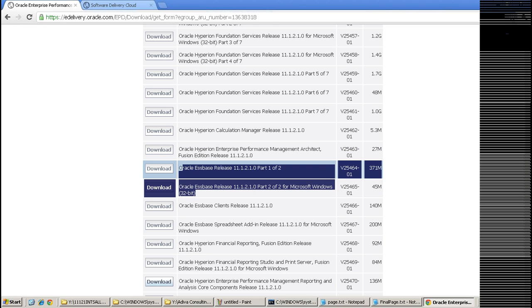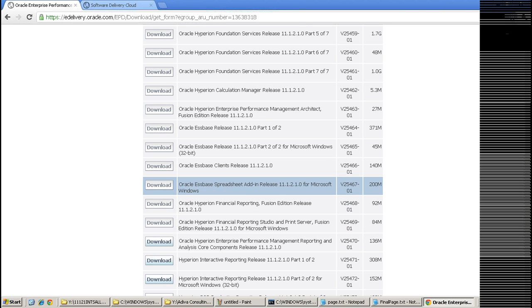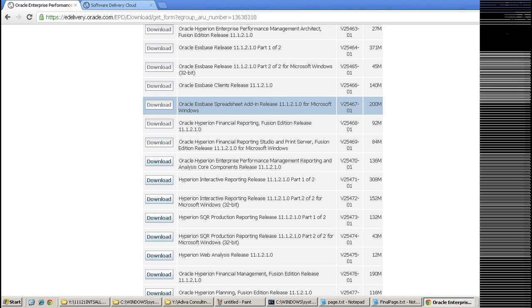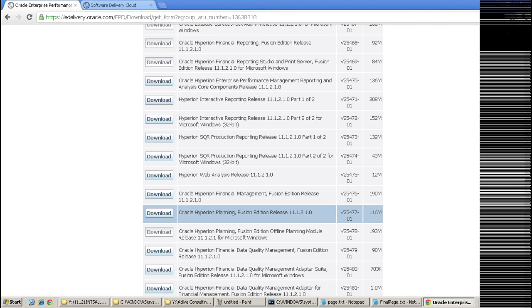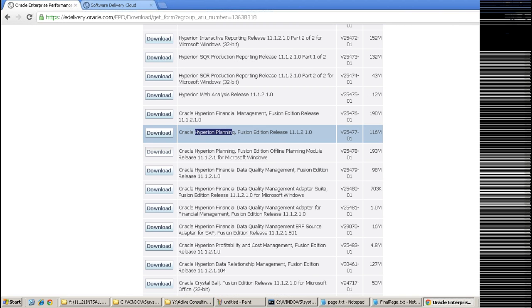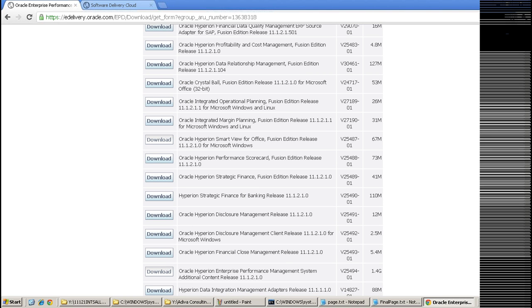Then you need to download Oracle Essbase release and Essbase client. Then you need to download the Oracle Essbase spreadsheet add-in. The advantage of the spreadsheet add-in is that it comes built in with Hyperion to generate or view the cube's multi-dimensional data. Then you need to download Hyperion Planning for planning applications. Then you need to download Oracle Hyperion Enterprise Performance Management System additional content, 11.121, which is